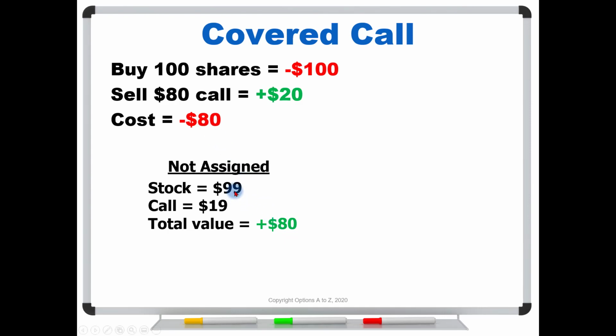Even though the stock's price was reduced and our option's price was reduced, the reason that we wrote this call so deep in the money is for this very reason. It's just not going to affect us. However, we did collect the dollar dividend. So if we did this 500 times, or 500 shares, we just picked up $500